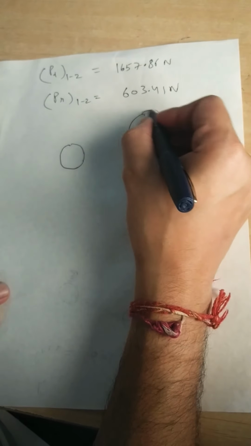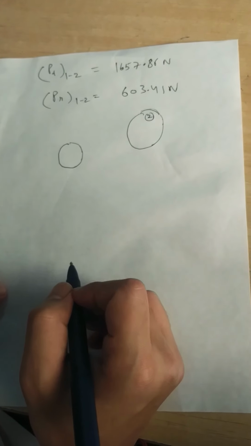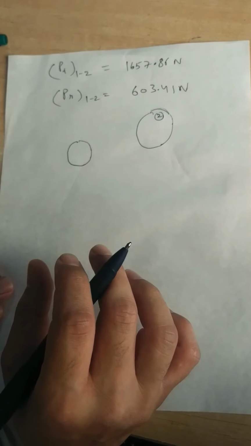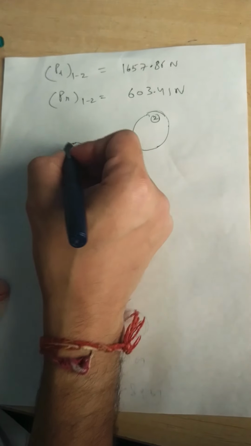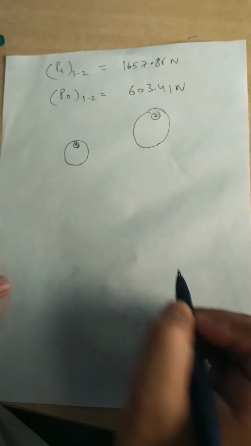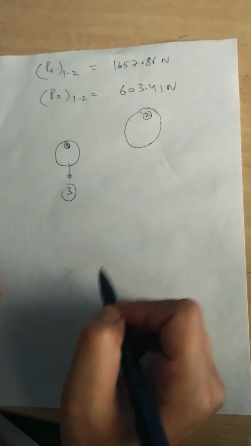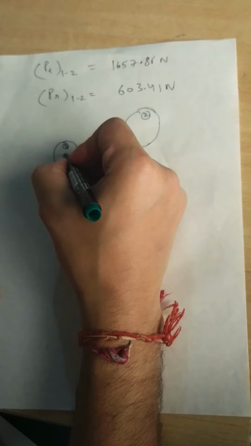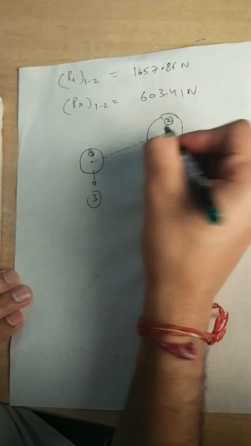my gear number 2. For that I will share the snapshot of the question with the diagram in the comment section or in your WhatsApp groups. So this is my gear number 3, this is my gear number 3, right? This is my gear number 2. So if I plot forces on it, this is my central axis,